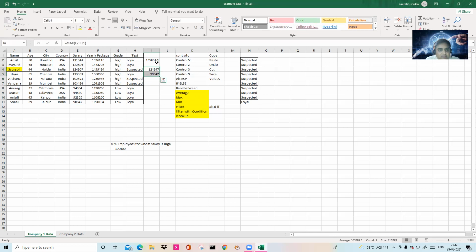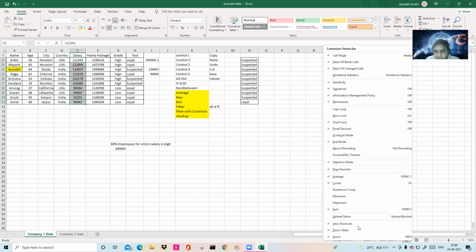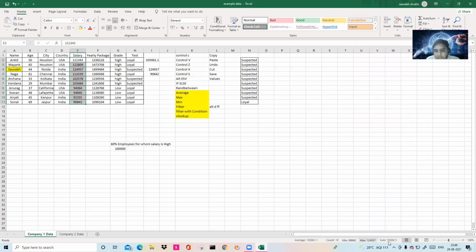So these are very small functions, but they're very important. Basically, if you see here, the average is already showing here. If I select this particular salary, you can see average, count, sum, everything is showing here. And if you click here and apply maximum, minimum also, it will show you minimum and max as well.